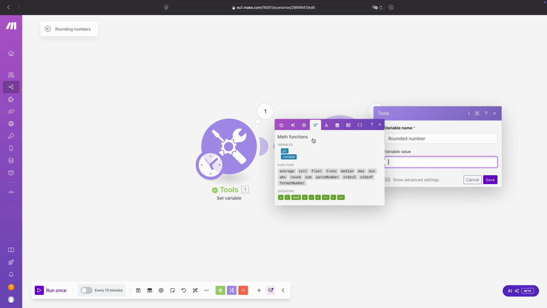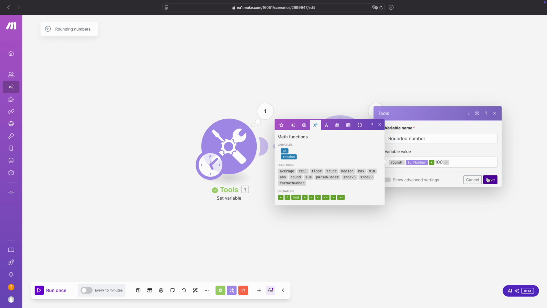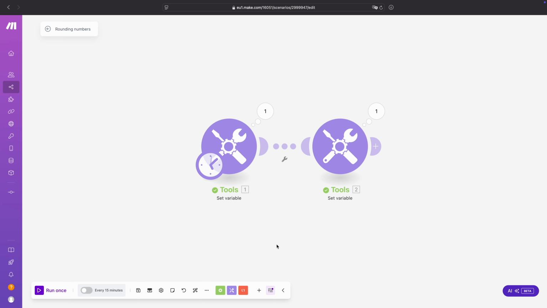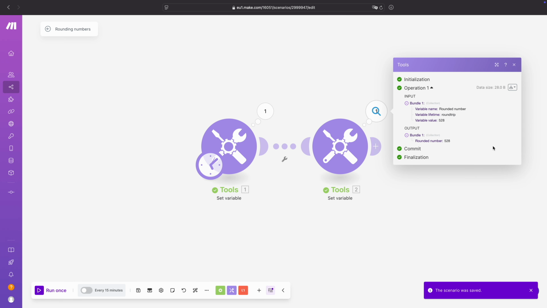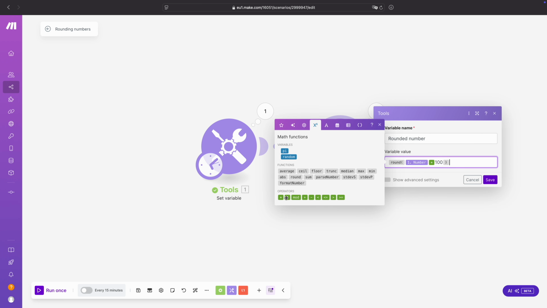I go here to the math functions, I go to round, and then I paste this in here. I click save, and then we're still not there completely, but first I want to show you what happens again. So then you see now that it became 528, and then we're gonna divide that number by 100.